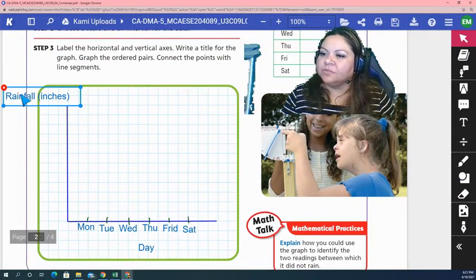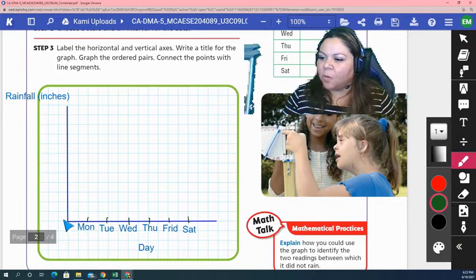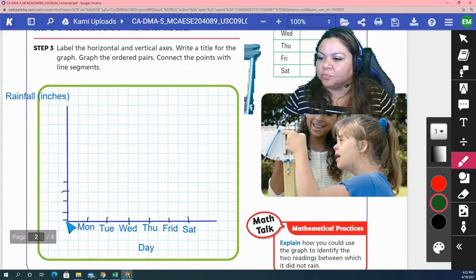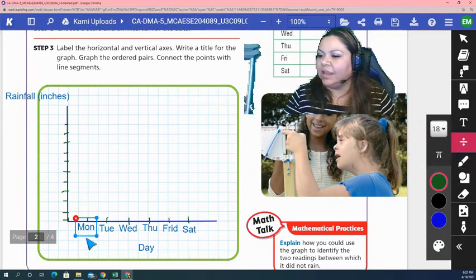All right. So this is rainfall in inches on this side. And now we're going to label with numbers. Like I said earlier, I want to do this going 1 through 10. So that'll be 0, 1. We have to include 0 though, because 0 is the first point, the corner of the graph. 0, 1, 2, 3, 4, 5, 6, 7, 8, 9, 10. And so then you have to label that